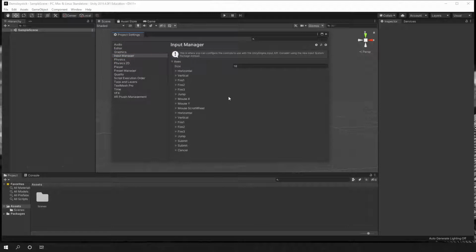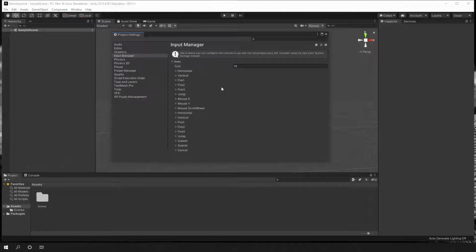So it's important that you know that we can use this one because the new input manager works in Unity 2019.1 and upwards, not downwards. So if you want to build a game or a system or whatever for an old version of Windows or using a license that you have of Unity that is before 2019.1, you are not going to have access to the new input system package. So you are going to have to use the input manager that we have right here.